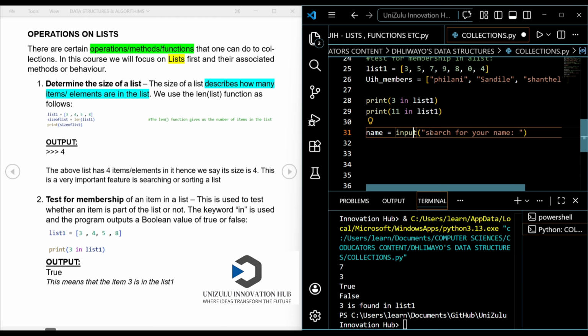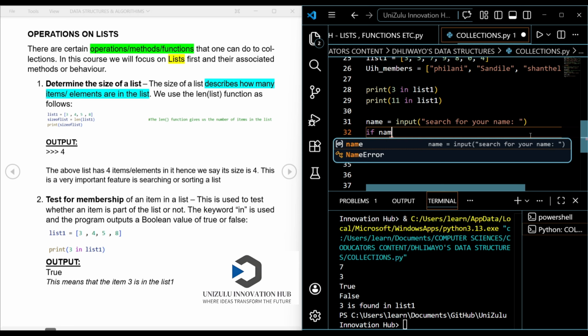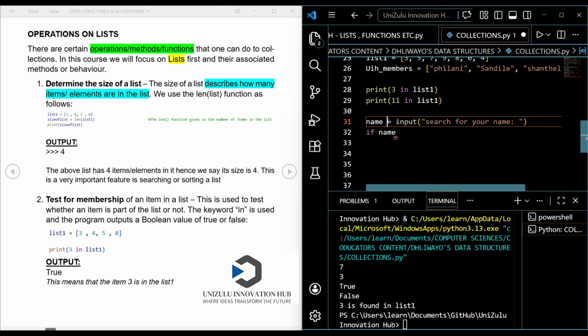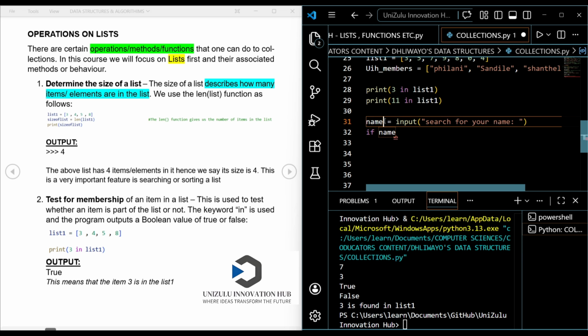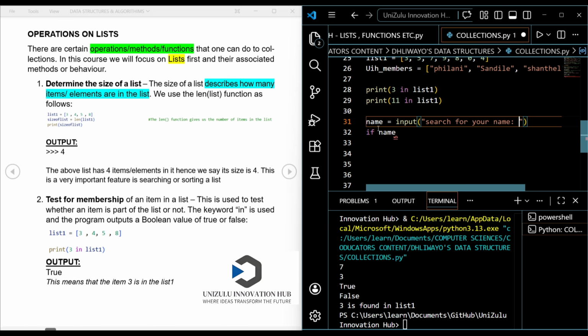If I input my name and search for it, am I going to find it or not? Remember that the user input here is going to be stored in the variable name. That is why we are assigning it to name. Please guys, revisit the input function before watching what I'm doing right now, because otherwise you're going to get confused. This input function prompts the user to put in their name to search, and whatever input they put on the console is going to be stored in this variable name.